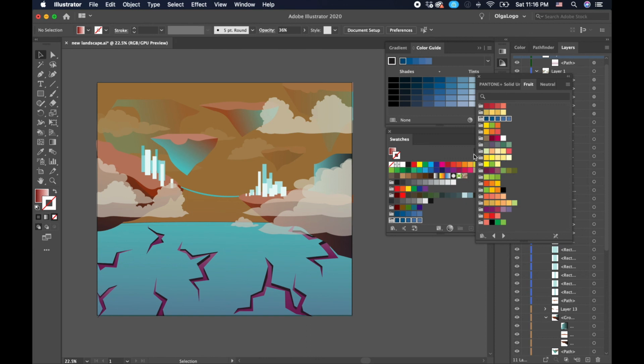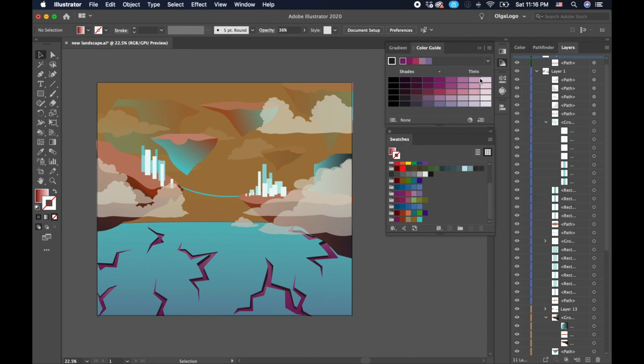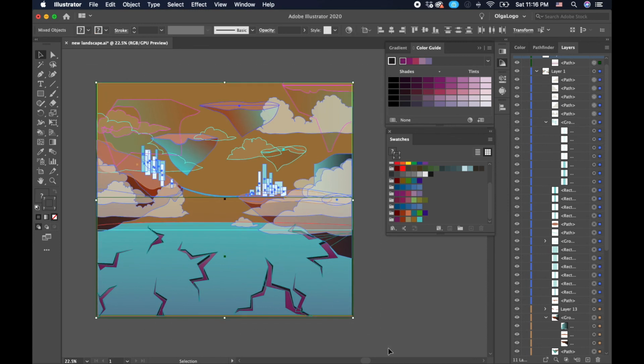So you can drag a few different ones if you want to try a few different ones. I'm going to drag this one too. I like that one as well, and then maybe this one. There we go. So they all are now being saved in my swatch panel. So we don't need that one anymore, so we can turn that one off. We're going to select everything on our artwork. We're going to go to our swatches panel, and then we're going to click on the little folder of the first